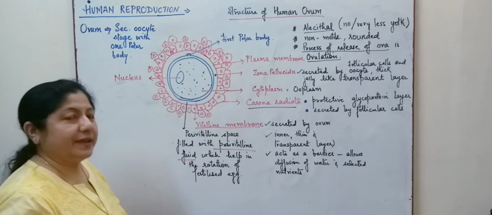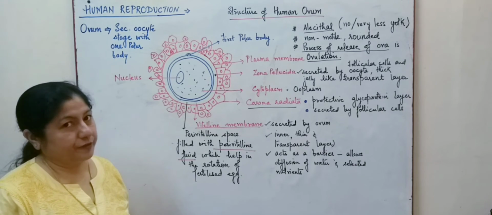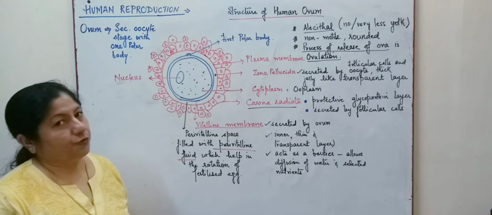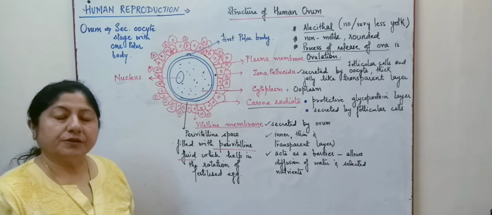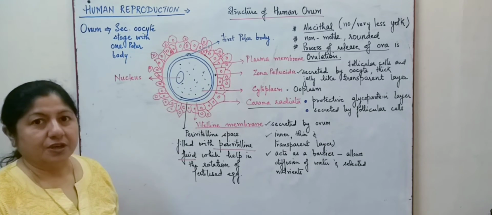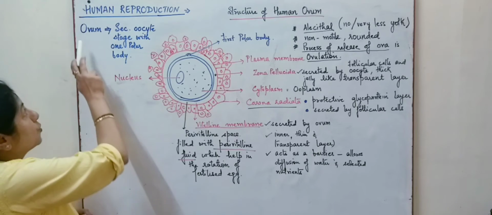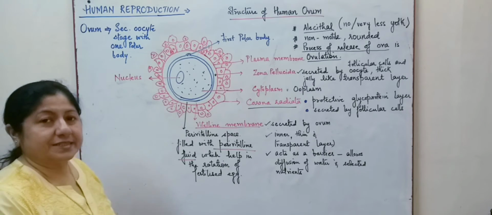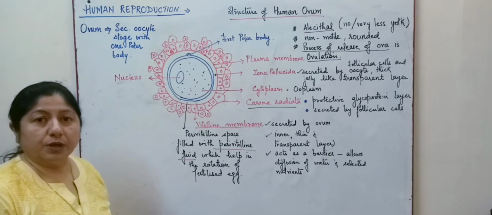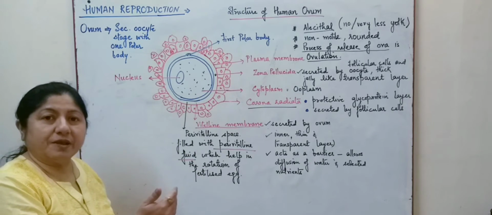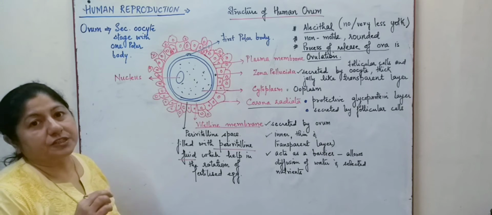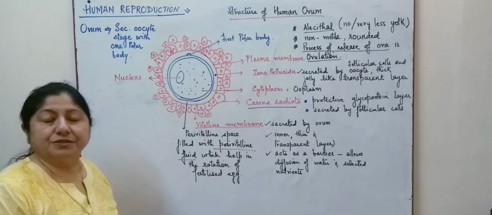Let us try and understand the structure of the ovum, and we are talking over here about the human ovum. Now, the human ovum has certain important characteristics. You have to understand that the ovum is released at the secondary oocyte stage with one polar body. The later development of the ovum takes place when the entry of the sperm happens, and that triggers the further